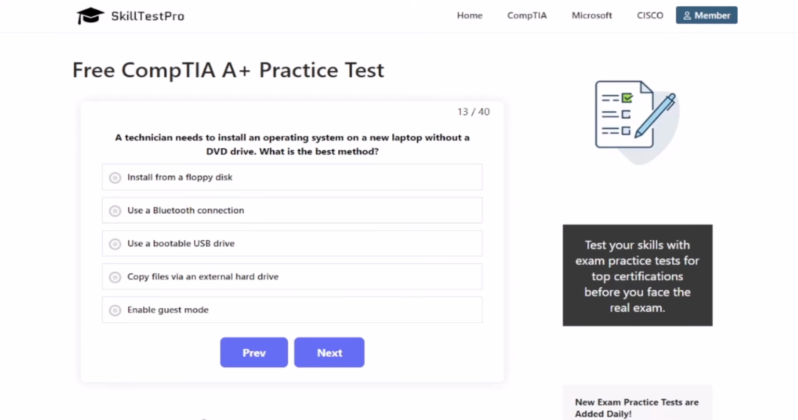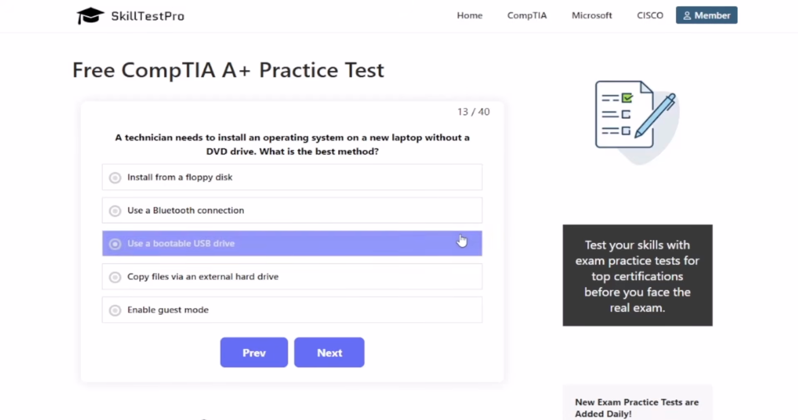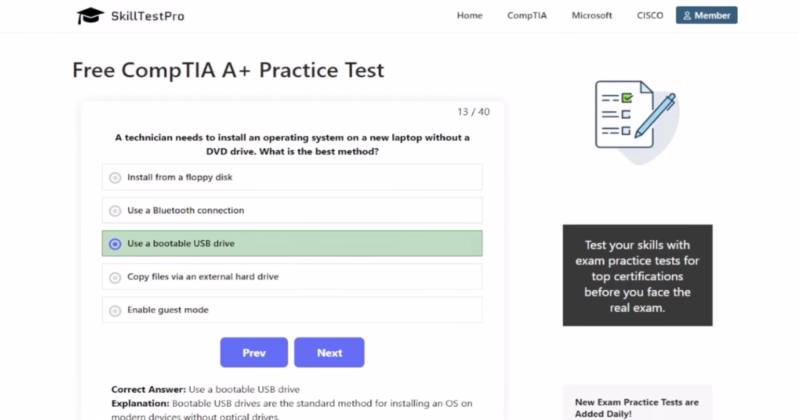1, install from a floppy disk. 2, use a Bluetooth connection. 3, use a bootable USB drive. 4, copy files via an external hard drive. And 5, enable guest mode. And the correct answer is number 3. Reason being is because bootable USB drives are the standard method for installing an operating system on modern devices without